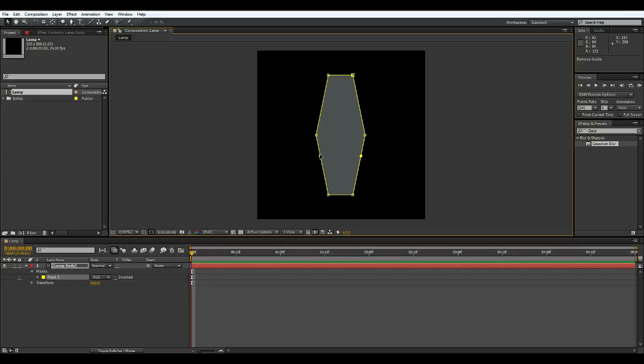Now hold down Shift and select both these points, press Ctrl T, and now we want to scale it so we can make it thinner, and you want to bring up these arrows here. So click that, hold down Ctrl and Shift, just drag in, about there, press Enter, just move it up a little bit. Now these points, we'll just grab these and move these up,